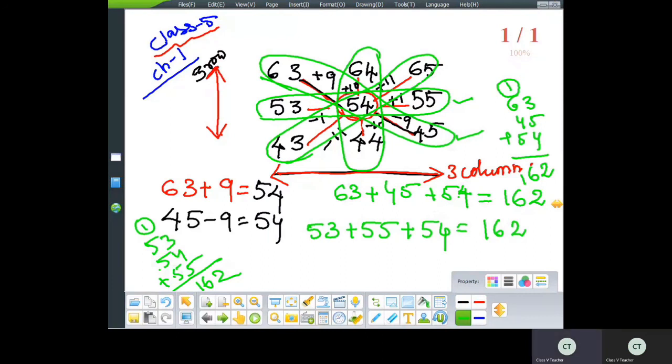Simple way. Okay. So by this, your class is completed, children. You can make some more types of problems from this puzzle. It is only for your entertainment. Activity based problems, so that the